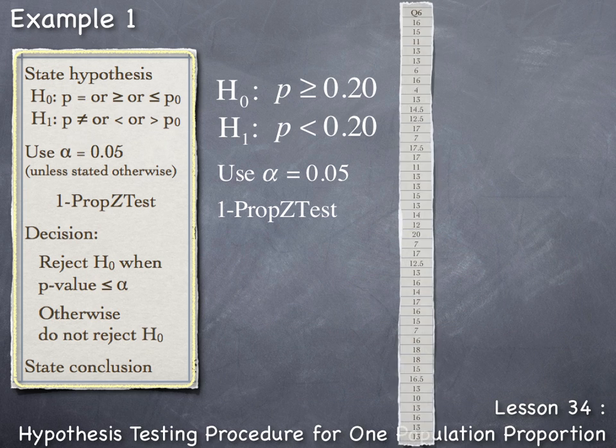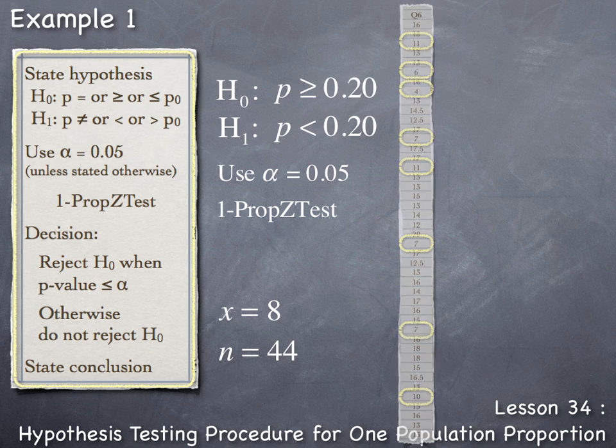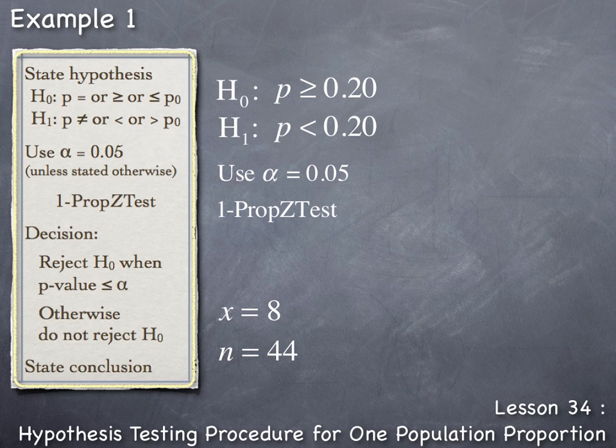So looking at the data in question 6 and counting the students who are enrolled in fewer than 12 units, we get 1, 2, 3, 4, 5, 6, 7, 8. So a total of X equals 8 students who are classified as part-time, out of a total sample size of N equals 44 in the Sierra College Elementary Statistics Student Survey. So now that we have our sample results, we can use the 1-PropZTest command on the TI-84 calculator to